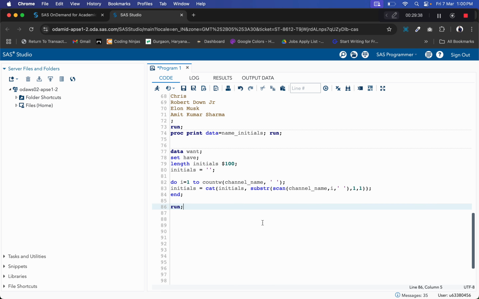Don't worry, I will explain this entire code. Let me run this first and confirm whether this code is correct, then I will explain this entire code.